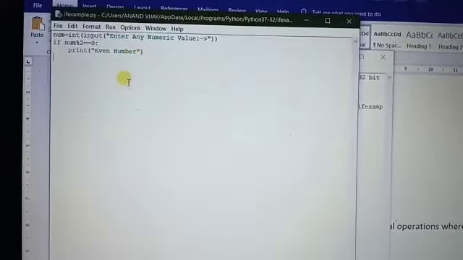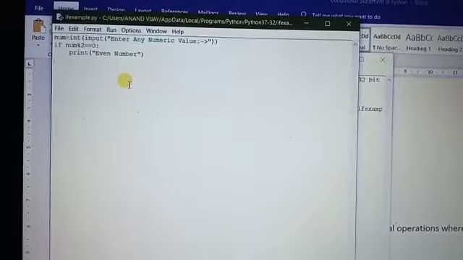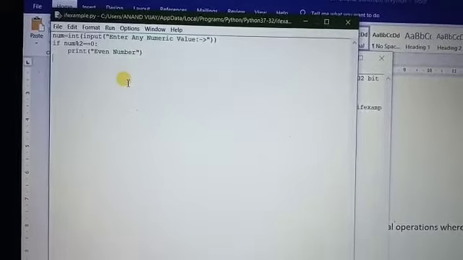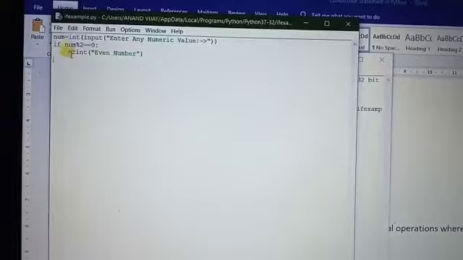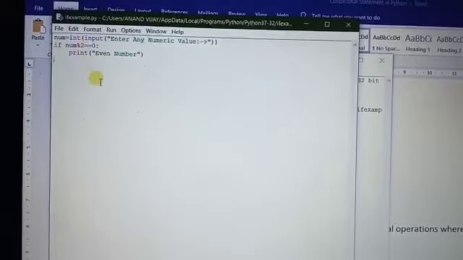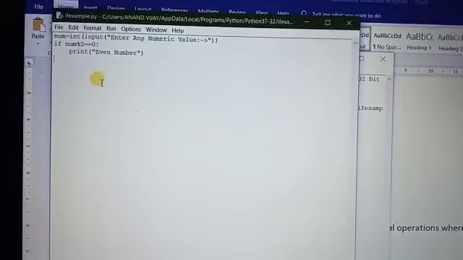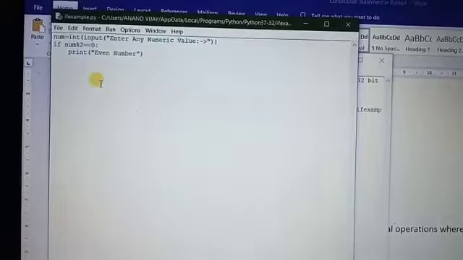In the case of 10, it printed the even number, but when I re-entered the value 11, it did not produce any output because the condition is evaluated internally as wrong. How? 11 mod 2. That means we divide 11 by 2, and its remainder is not equal to 0. When we divide 11 by 2, its remainder is 1.